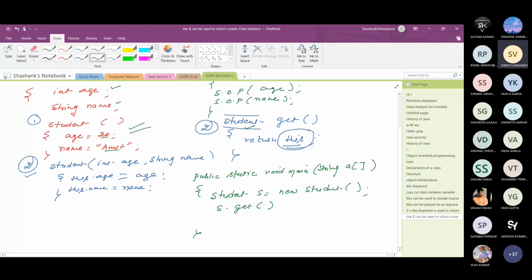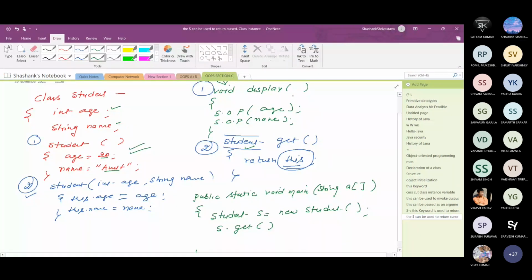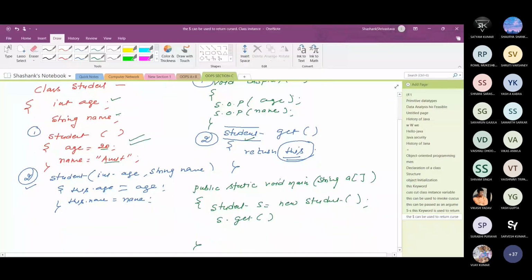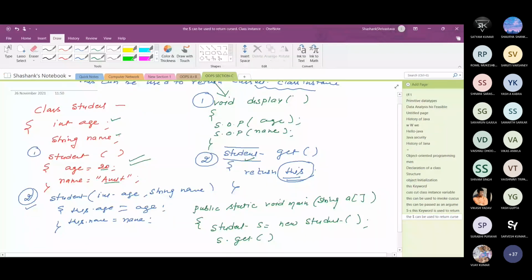However, I can directly call s dot display, but suppose I would like to call this display method indirectly. First I call the get method, so what will this get method return?